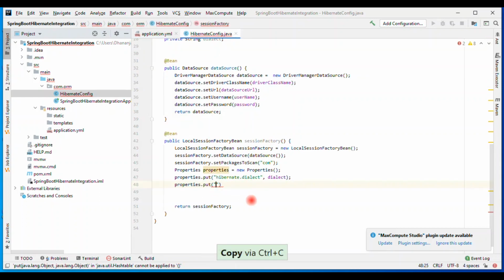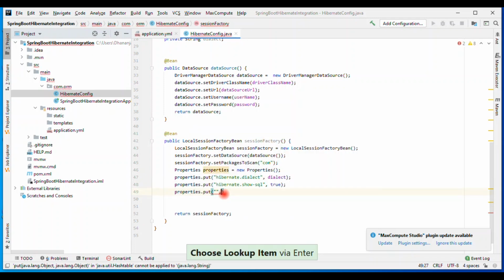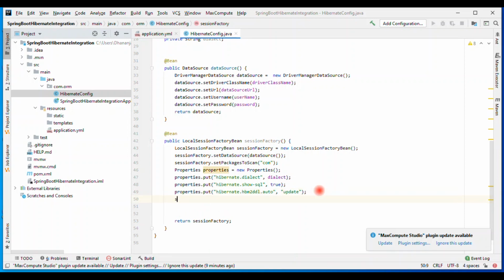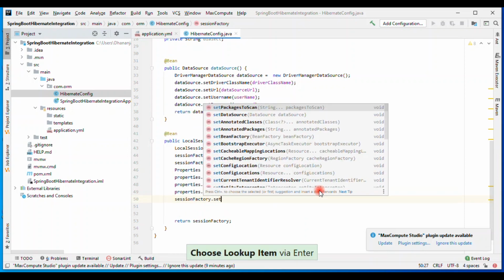Let me hard code it here instead of reading from there. These are the Hibernate related properties we are passing here. After that hibernate.hbm2ddl.auto, and here you need to pass update. Then these are the properties you need to set inside the session factory. sessionFactory.setHibernateProperties.